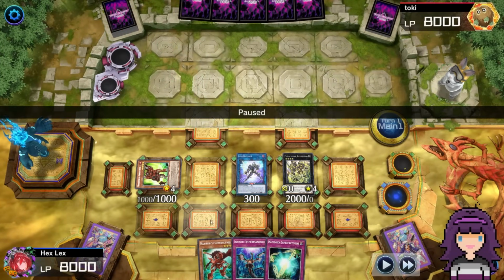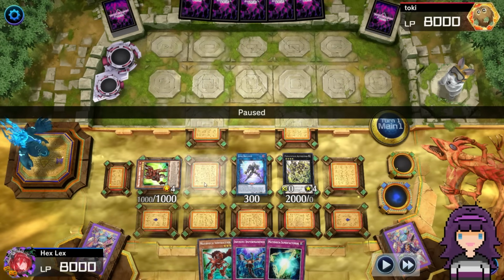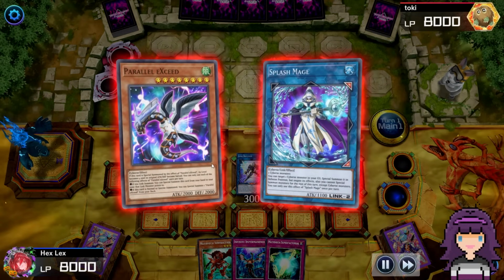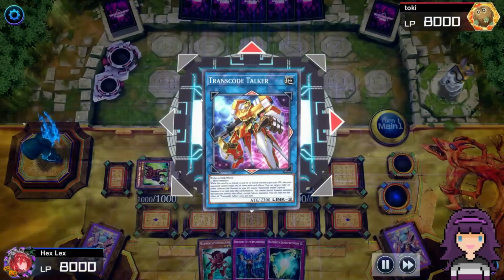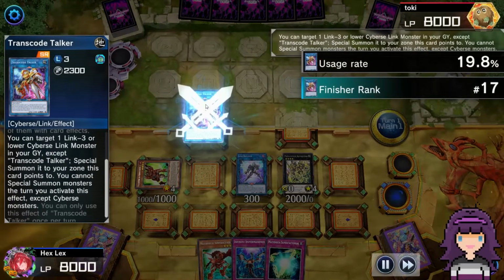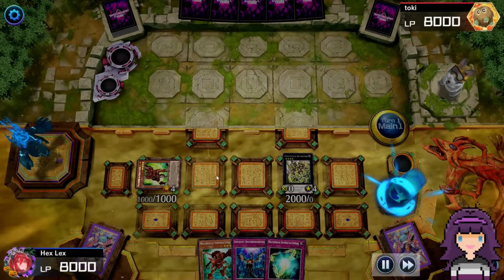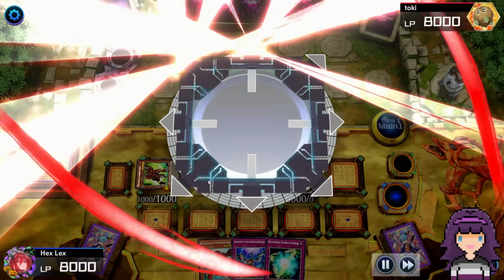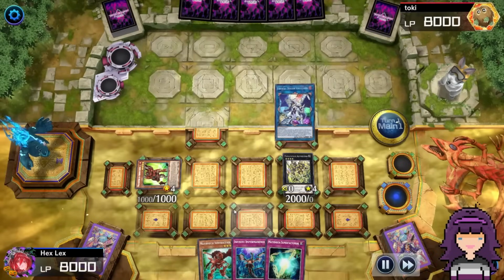Now, one thing to note about this Link summon, I had to use exactly this Parallel Exceed and Splash Mage to make the Transcode Talker here. Because Transcode Talker, unlike Splash Mage, summons specifically to a zone it points to. So, when you summon Transcode, you need to have a zone open for it. So, that's why I used that Parallel Exceed exactly. And in that situation, you want to use that one exactly, but...